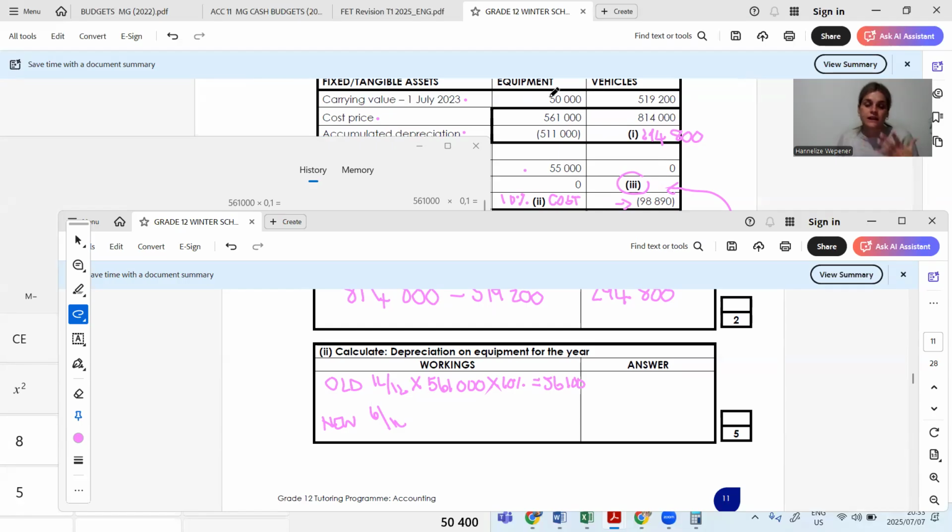And I know that the carrying value must always be at least 1 Rand. Therefore, I'm going to limit this, I can only write off depreciation of